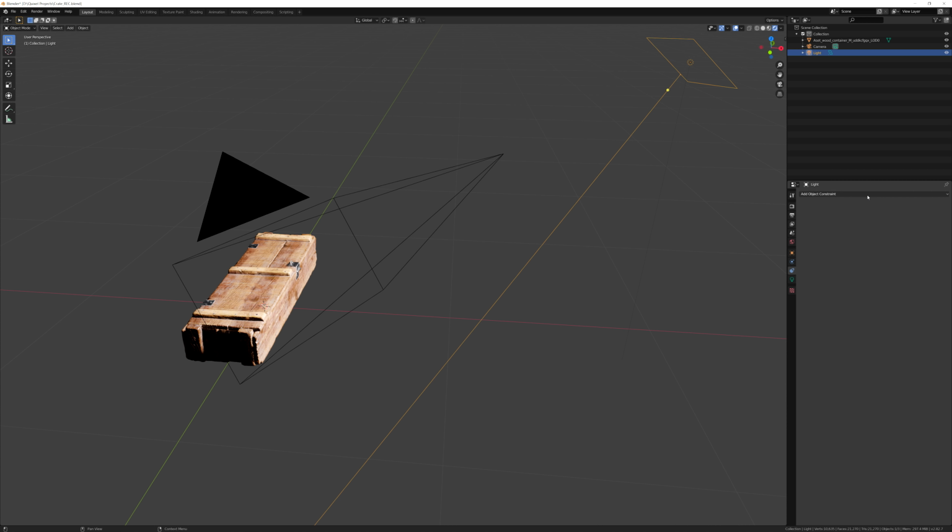So we can click this little drop down menu here, and basically we're wanting this lamp to always track the center position of our crate. So with that in mind, we can go down here to this track to option. And then now we need to choose a target. So if we select this empty void, we can then select the asset wood container here.